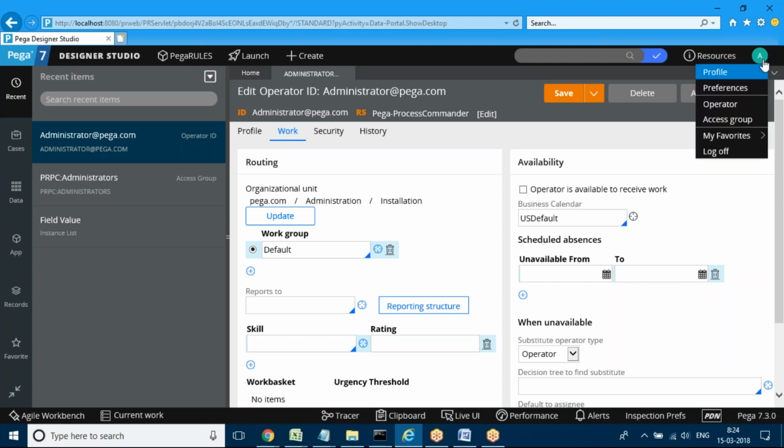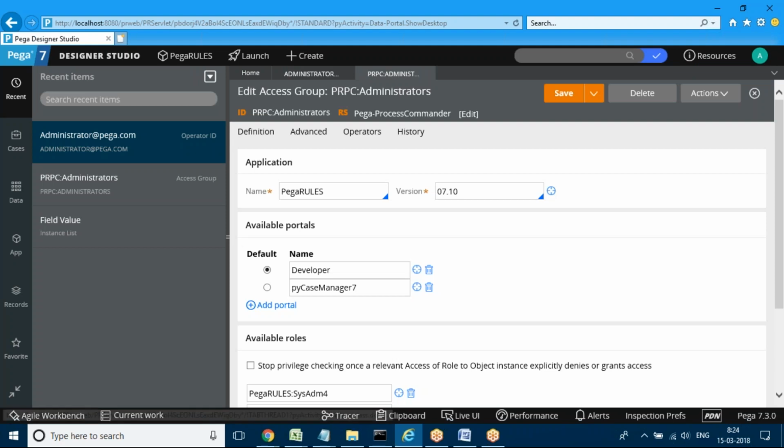Okay, and you will see the access group there. In the access group, you can see what access is currently given for this application. You cannot see it for another application. If you open the other application, there you can see that access group. It means the access group will be different for every application. For this application, Pega rules, they have given access to the developer portal and manager portal by default. In real time, they'll give access to the user portal, which is different.